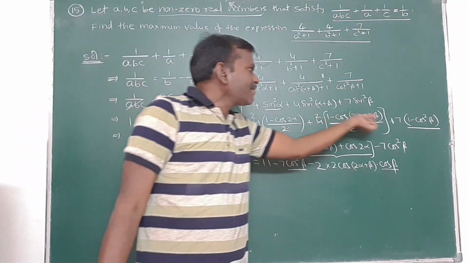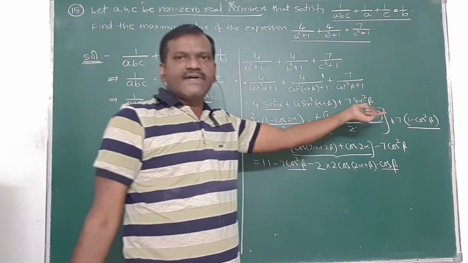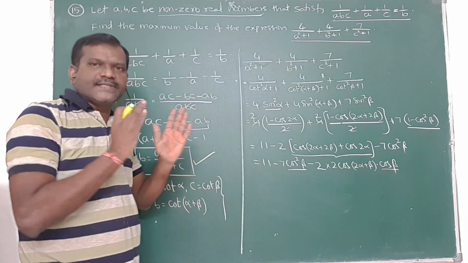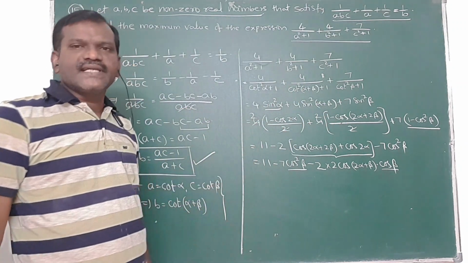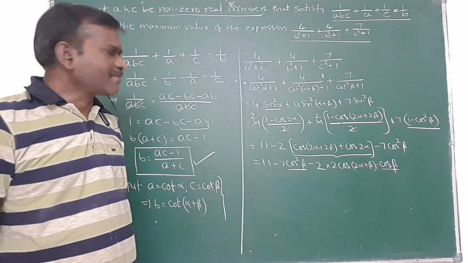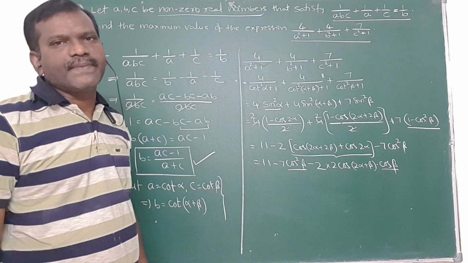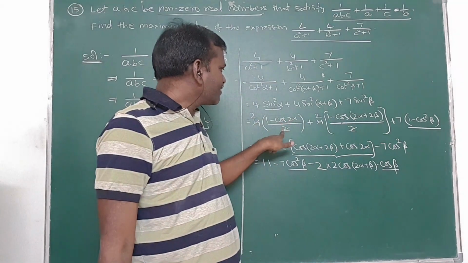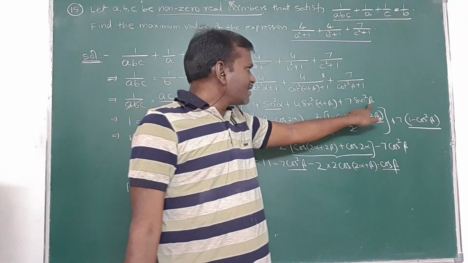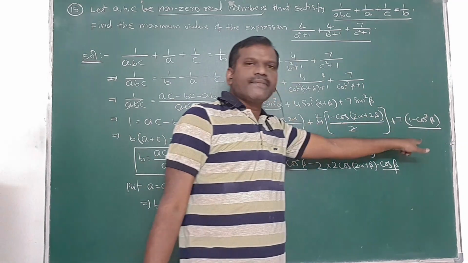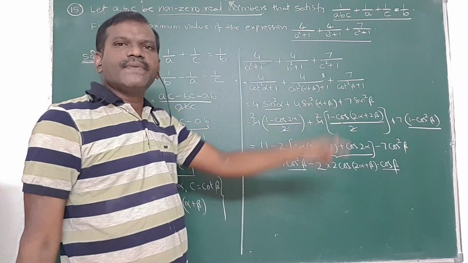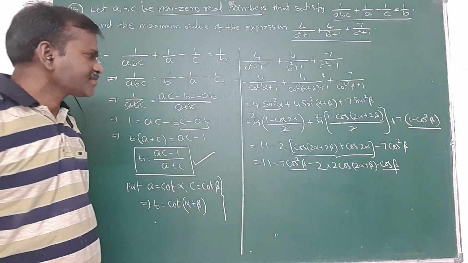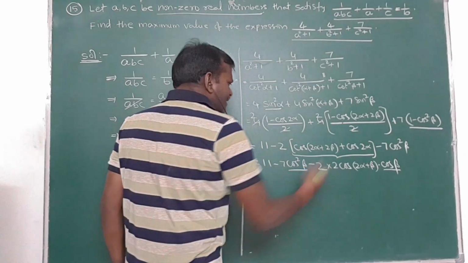If I write 1 minus cos 2 alpha by 2 also, that formula applied there cannot be simplified. So our aim is to simplify the given expression. That is the important motto always. Keep in your mind, simplification is important in the algebra part. If you substituted 1 minus cos 2 alpha by 2 here, and here also 1 minus cos 2 beta by 2, then the problem will become complicated. It cannot be simplified. That part you have to remember in your mind.